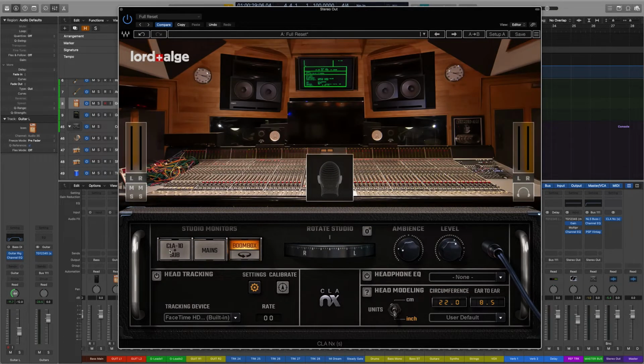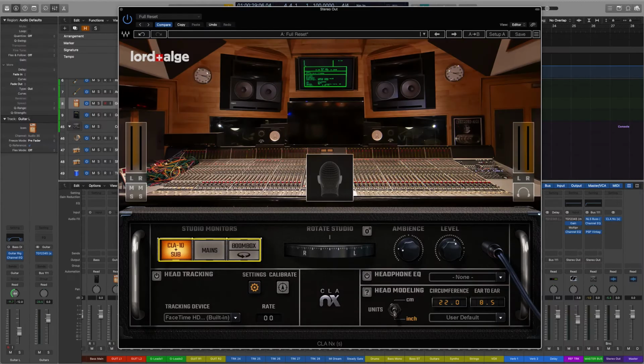So going back to the CLA 10s, now I'm in no way comparing my room or my monitor setup to Chris Lord-Alge's, not in a million years, but I do have the Yamaha HS50s and the sub that I've had for 12 or 13 years now, and listening through here is very familiar sounding. Something very familiar about all this, to me, anyway. Now again, the CLA 10 monitors are clones of the NS10s. My Yamaha monitors are kind of quasi-Yamaha clones of the NS10, so that might be why they sound familiar. So if I listen to anything on these and then take my headphones off and listen to my monitors, yes, it's different. I'm not in a million-dollar studio, but it's at least familiar and in the ballpark. So that was actually really kind of cool.